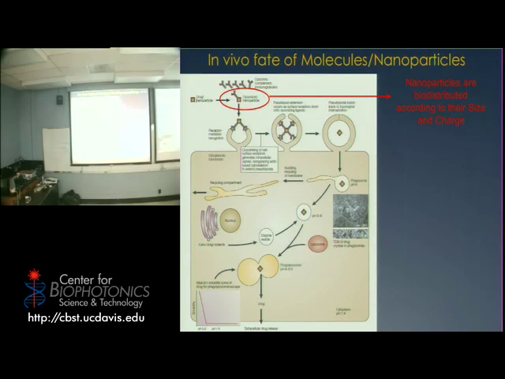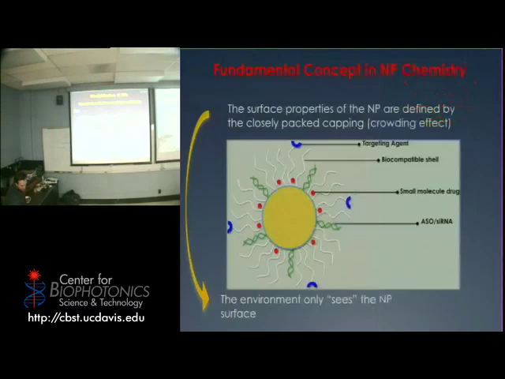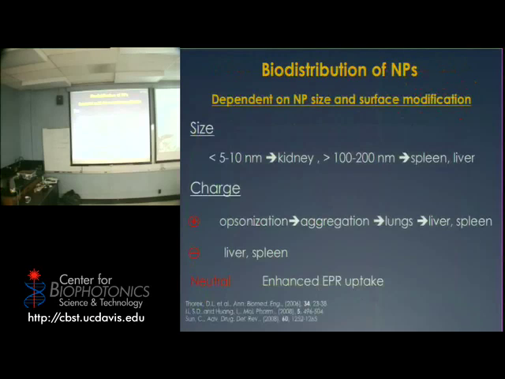So while a drug normally gets opsonized, and then goes into the bloodstream, goes to the blood vessels, somehow ends up in the cell, gets internalized by the cell, and then there's a whole cascade of events that obviously is drug dependent, depending on where the drug wants to go. With nanoparticles, when the particle gets opsonized, something else happens. And essentially, what happens is strongly dependent on the size and the charge. So we're going to go on to it, see if actually the slide's right after. I'm going to skip that one for a second. So essentially,